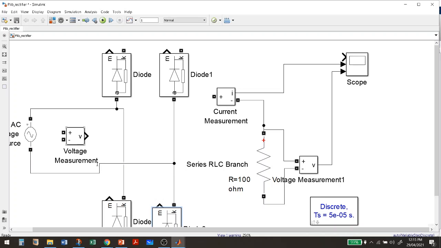So this is the bridge, and then we need to connect a voltage output. I will take this input if you want to see the input waveform.